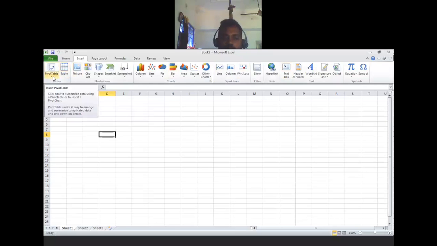Now first we would like to go for pivot tables. Like in the last video, what we discussed about the normal table, we got rows and columns. And the pivot table is not like a normal table, it is something like a pre-planned, ready-made table. I'll focus on how we are going to use the pivot table.